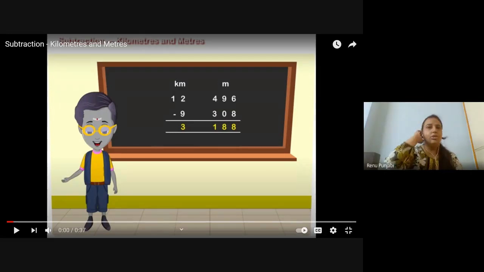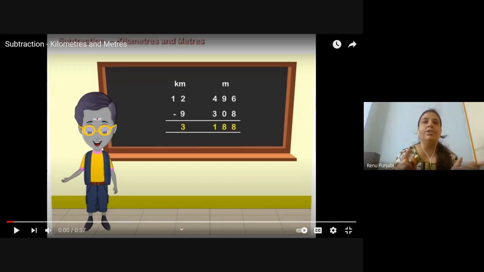So children, as you know, we have already learned how to note down the units and how to note down the digits under the units. As I already explained, it is compulsory to have 3 digits in the meters. So it is the same in subtraction also. But in subtraction, always remember the bigger value in kilometers will come first. And the friend of that kilometer, the meters that are with it, that group only will go.